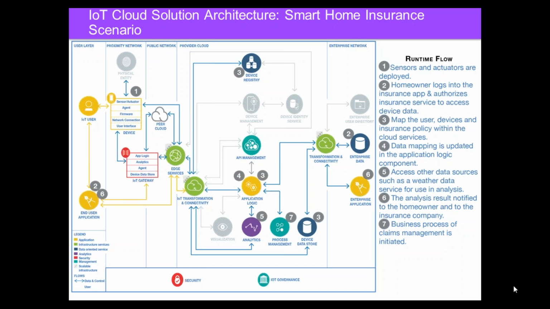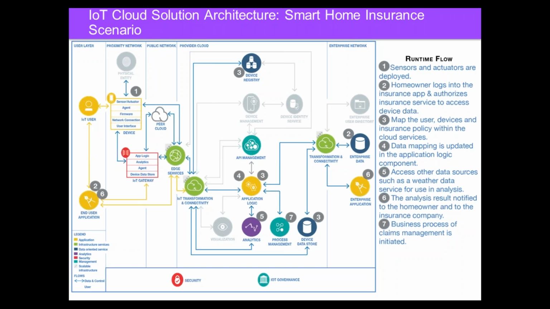Now, number 2, this is where the customer, or homeowner, has to download the app from the insurance company on their mobile device, and then they have to get the data about the policy and detail from the enterprise data. That can be done based on how the insurance company provides access to the mobile. They can go through security and go directly to the enterprise network, or go through the provider cloud. So that's number 2: for the homeowner to log in and then give the authorization token and also the policy detail or identifier to the peer cloud or device maker cloud service.